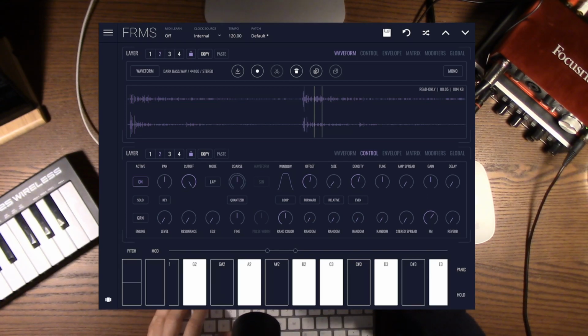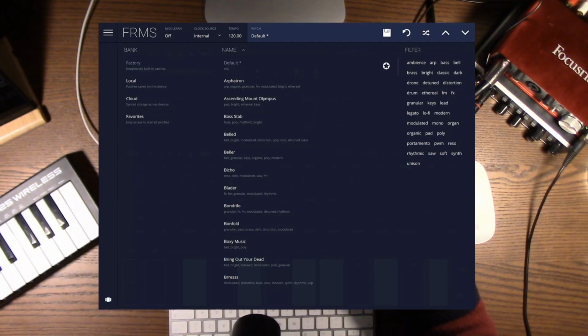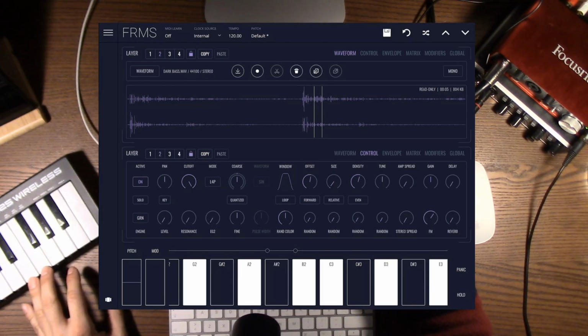So, one of the cool things about Frames is that it allows you to save patches on our Cloud Sync system. So let's say that you like this patch very much and you have been working on your iPad on the streets, and now you want to take it home to your desktop version of Frames. So we can choose to save this patch and choose the cloud bank, and let's give it a name,